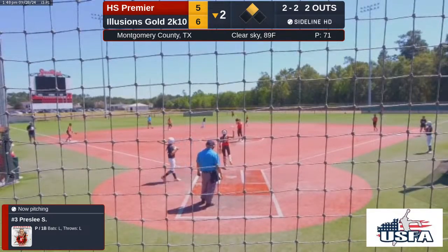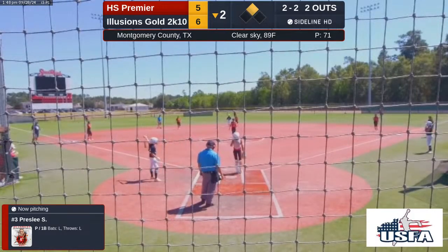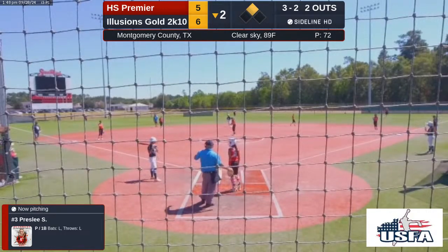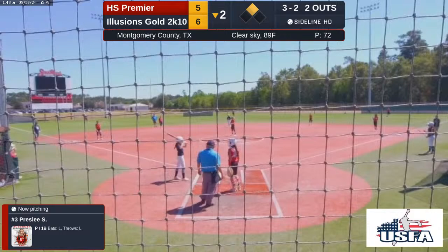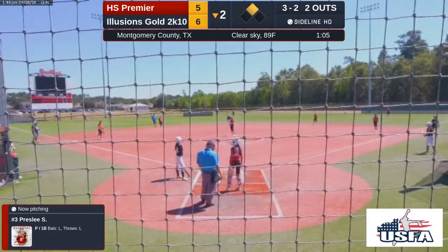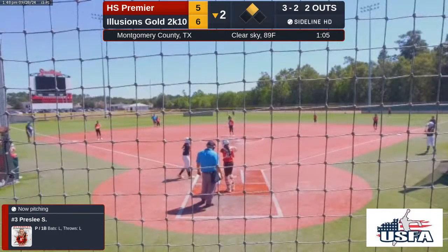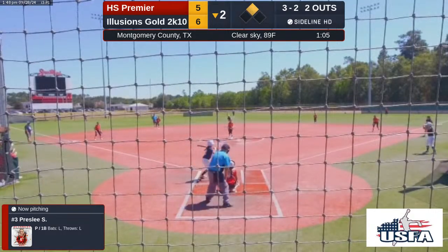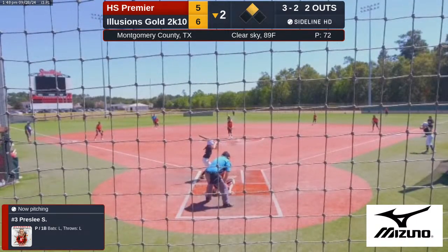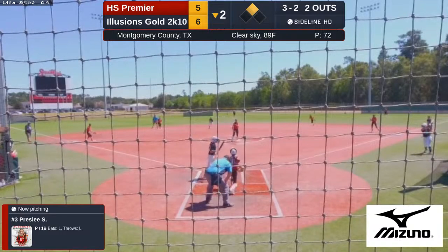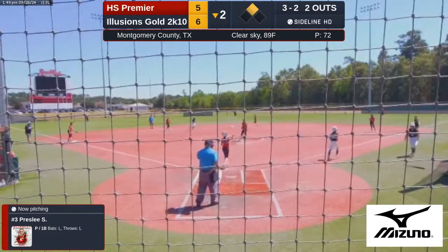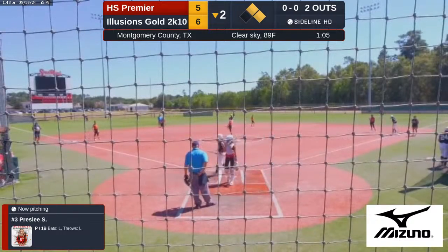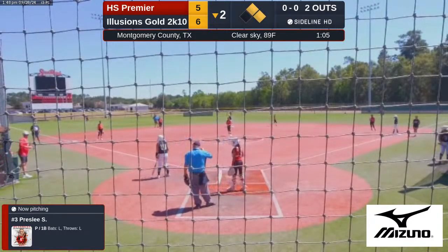We have a full count. Full count, 2 outs. Here's the pitch. So runners at first and second.